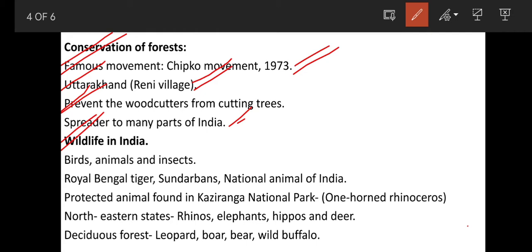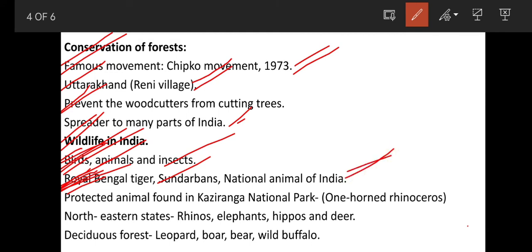There are different types of forests in our country, India. And in all the forests, there is much wildlife. What are they? Birds, animals, and insects. These are the wildlife. Birds, animals, and insects live in those forests. Sundarban is a tidal forest. In Sundarban, the Royal Bengal tiger is found, and the Royal Bengal tiger is the national animal of our country,